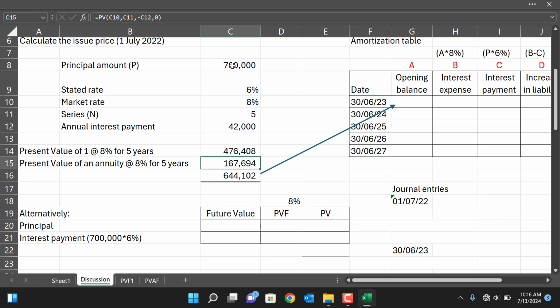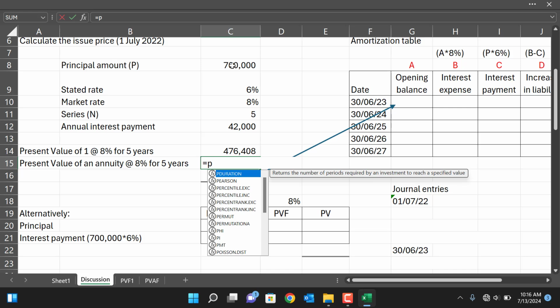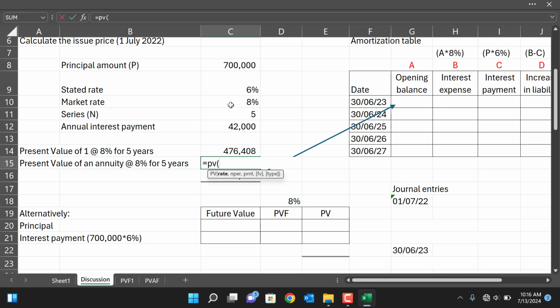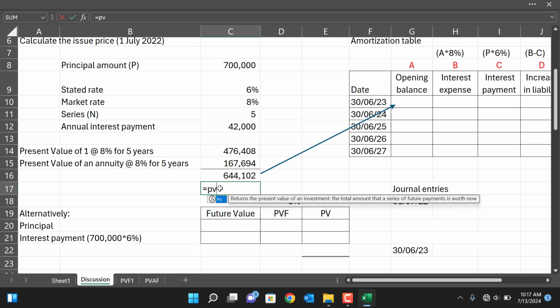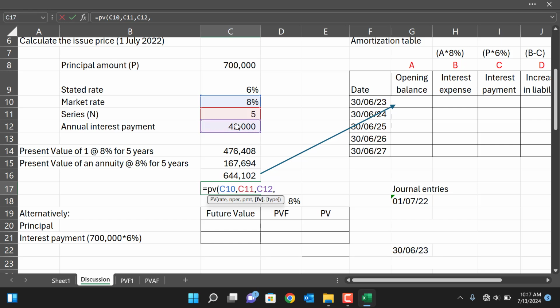parenthesis, okay. Now, if you're calculating for present value of an annuity using Excel, same, we have to type equal sign PV, bracket, the rate, which is the market rate, comma, and nper, comma. Then the annual payment here is negative 42,000, comma, 0. Okay, so we have this. Or you can do it like this, straightforward: present value, bracket, rate, which is 8%, and nper is 5, and then payment, this one, and then future value, make it negative, this one,